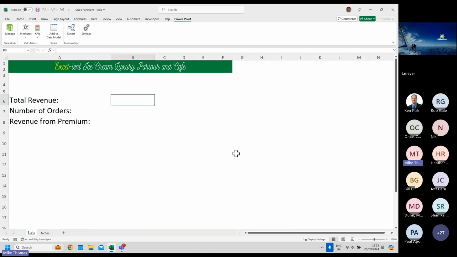Now we come to the actual cube value function, which is one of these. As I said before, there are seven cube functions, and cube value is one of them. What cube value does is it generates the result of a measure and puts that result into a cell. So I want to put in here the value of the measure called total revenue. So I put equals cube value,